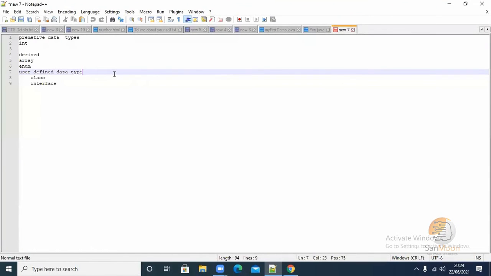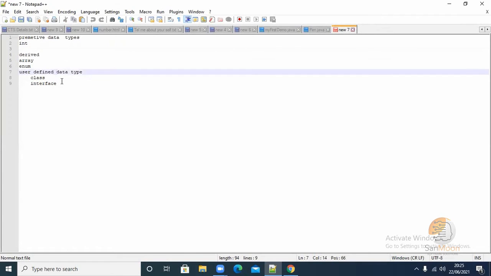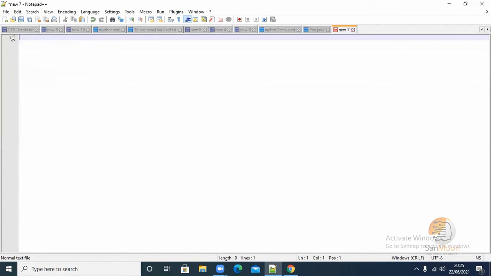In the data types, we have discussed primitive data types, and in the user defined data types, we have discussed class. So two things have been covered as per the data types. If you think about the data types in Java, we covered all primitive data types, and the user defined data type class. These two things have been covered.